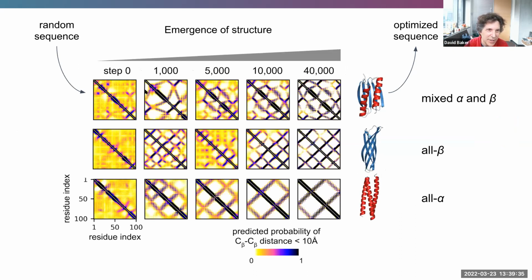Starting with the random sequence, this is a contact map, residue by residue, and you can see there aren't really many predicted contacts for these random sequences. So we take the random sequence, put it in the network, and it says it doesn't look like it folds up to anything. Now we're going to optimize the sequence by Monte Carlo and accept sequence changes that are predicted to make the protein fold into some structure. We don't specify what that structure is. By the end of that, we end up with these very strongly predicted sets of contacts,